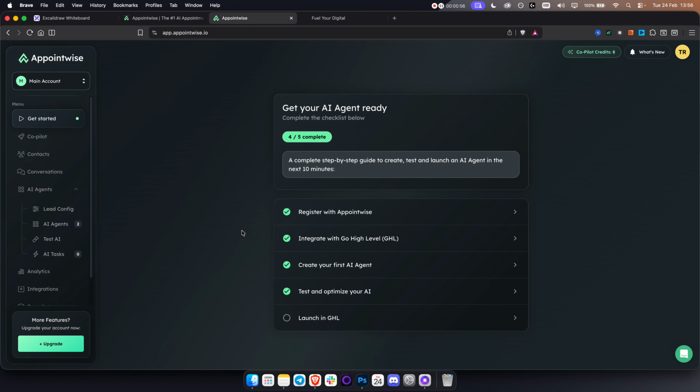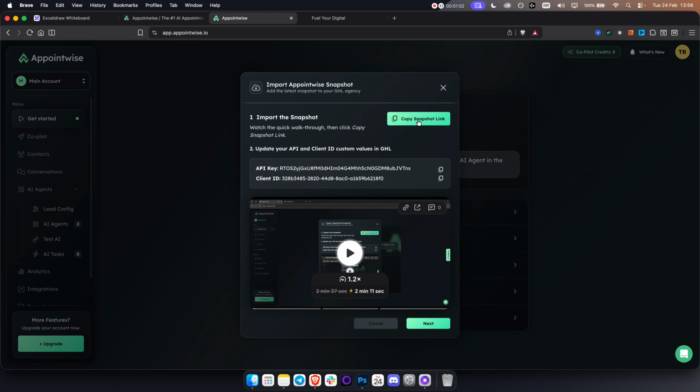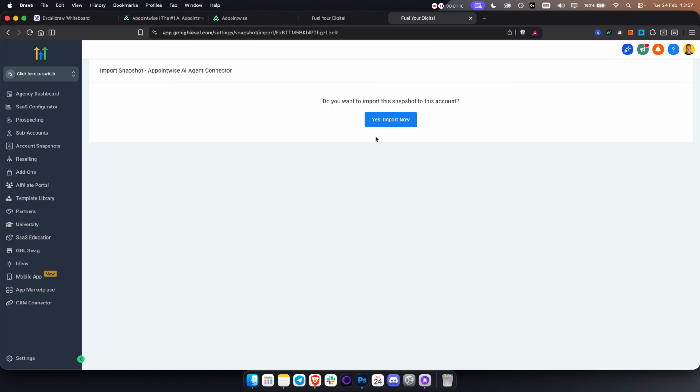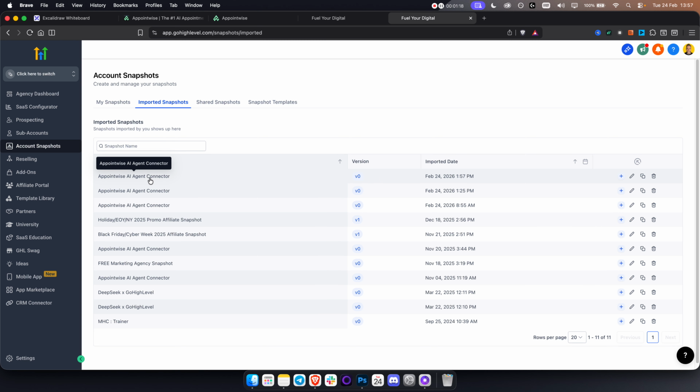Now, what I want to say here is you want to first integrate it with Go High Level. So how you're going to do that is you're going to be copying the snapshot link here, and you want to go into a new tab and paste that link in here, okay? Now, once you paste that link, you want to import it right here. So click import now. And once you import it right here, you will have it right here, and you can create a sub account